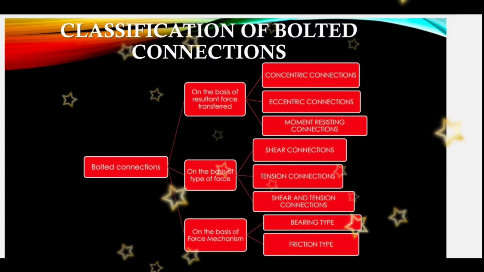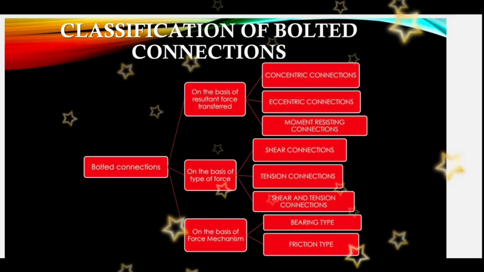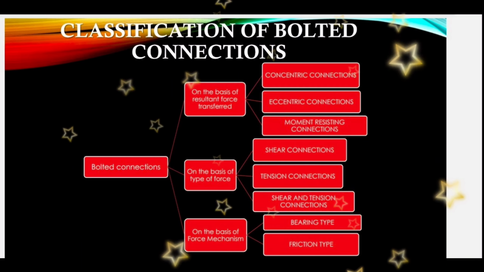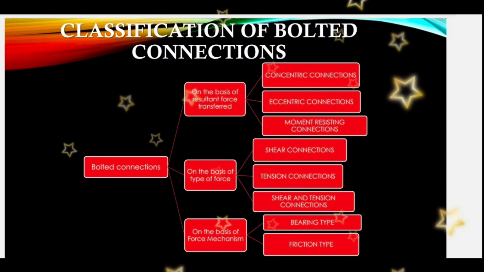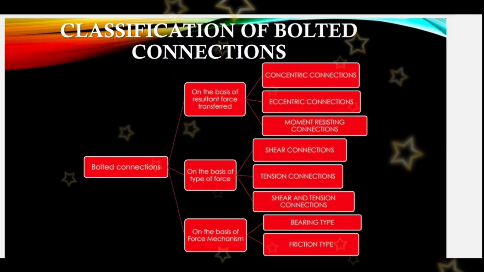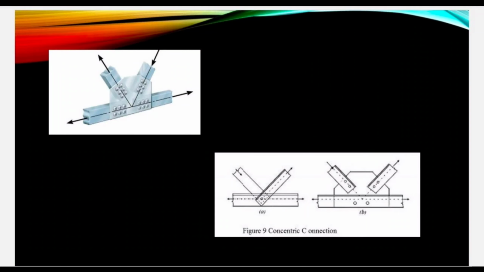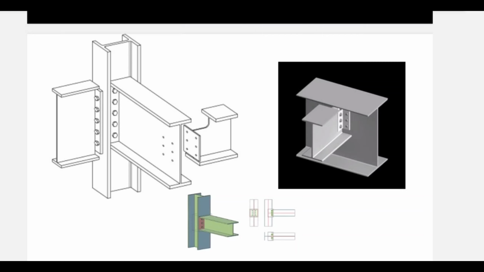Another one, on the basis of the type of forces, is shear connections, tension connections, and combined shear and tension connections. On the basis of the force transfer mechanism, there are two types: bearing type and friction type. I will also show some images, for example a section of a bracket, plate and column, and